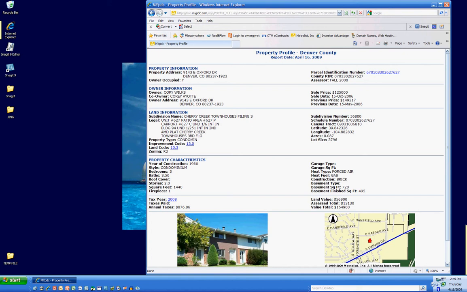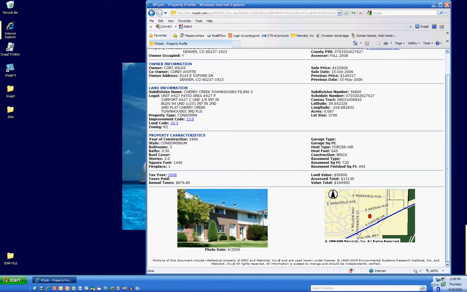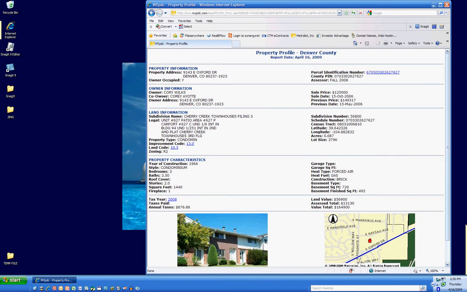What we want to do is, right now this is a web page, and we want to turn this web page into a document that we can use over and over again. So the way to do that is we're going to turn this into a PDF document. To do that, you'll click over here on your print options, click on print,